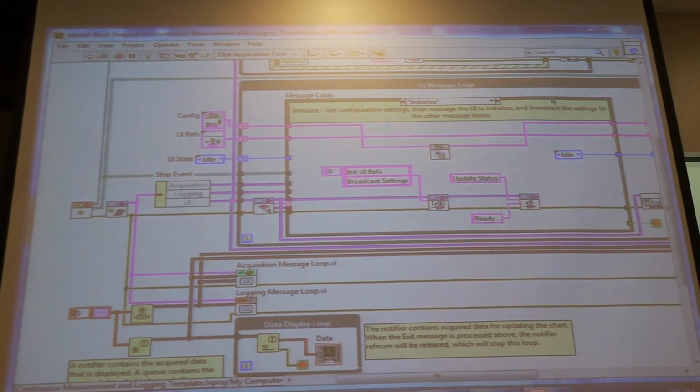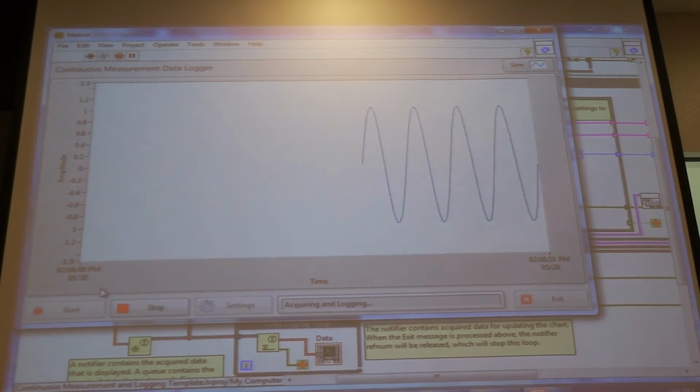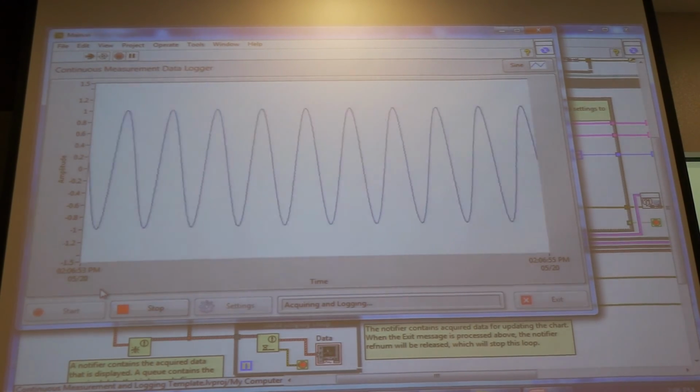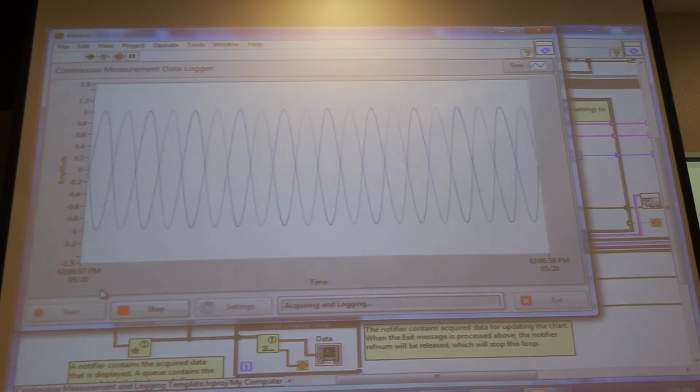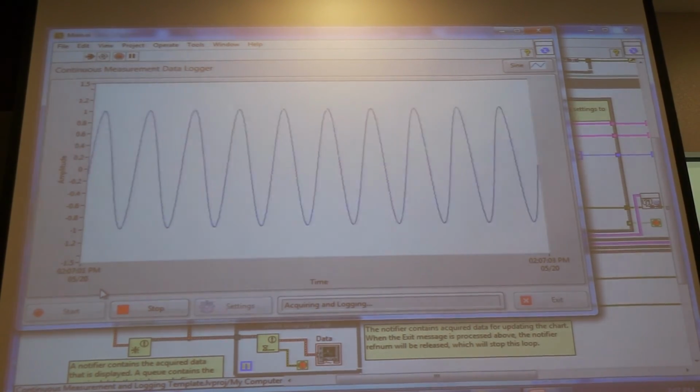And how does it look? Very simple. Run. When you start, you can see something coming in. Of course I don't have a DAQ device, so this is just using a simulated signal, but the idea is the same. Instead of simulating a signal, you just have a DAQ Assistant maybe, or DAQmx. Exactly the same thing.